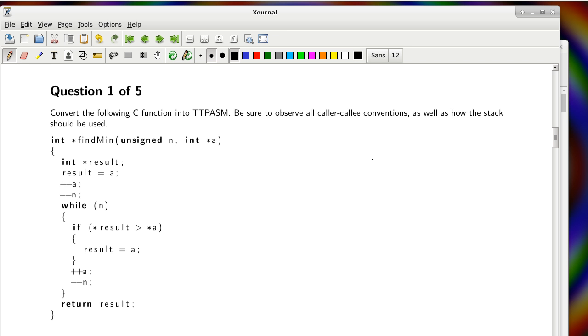So the loop itself is fairly easy as long as there are more elements to compare, which is stored in n. N is a countdown counter in this case. I compare whatever result is pointing to, which is supposed to be the smallest of the entire array, to whatever a is pointing to. If what result is pointing to is greater than what a is pointing to, then I've just found a new minimum. So I update result, which is a pointer to the smallest element in the array, to what a is at that point. But regardless of whether the conditional statement fires or not, I increment a to move on to